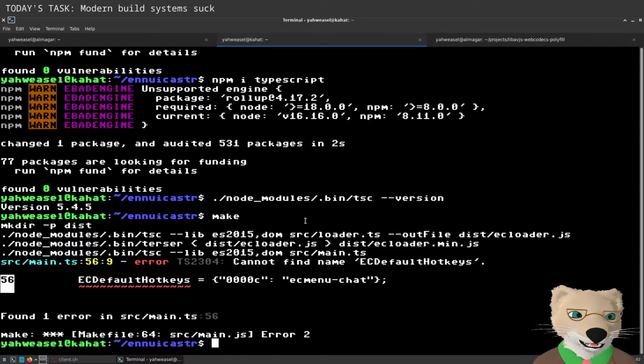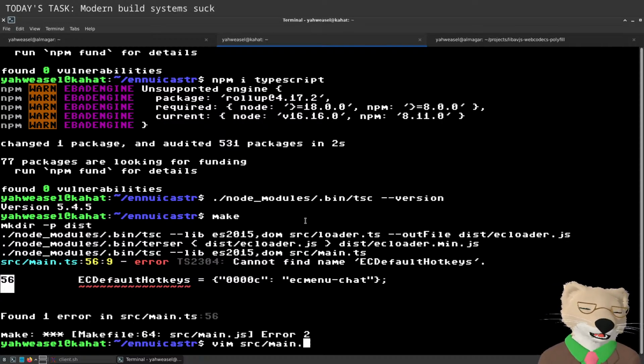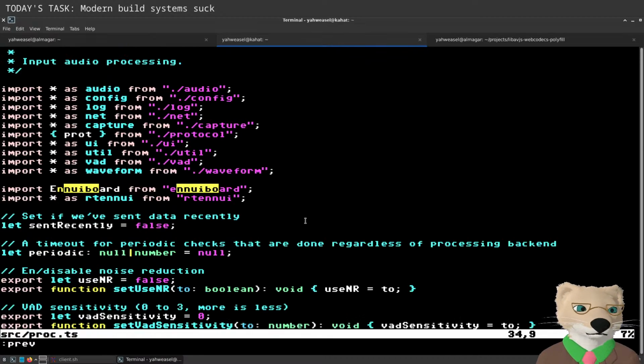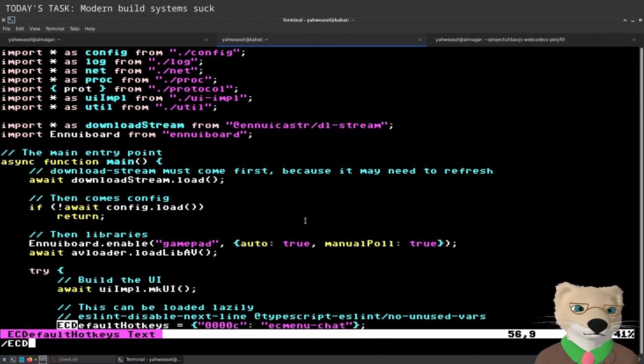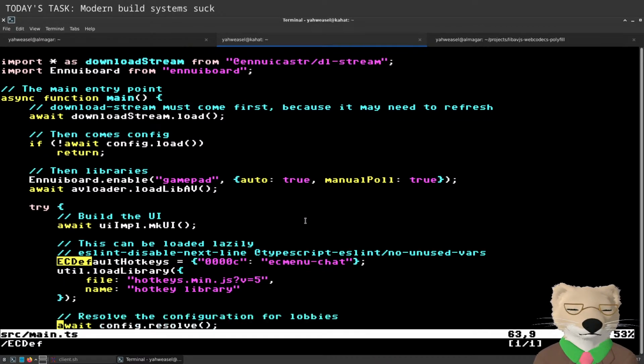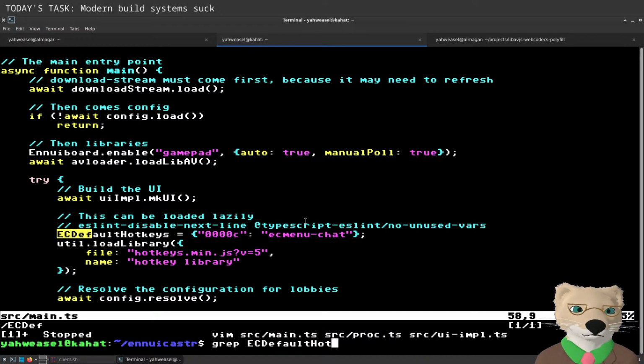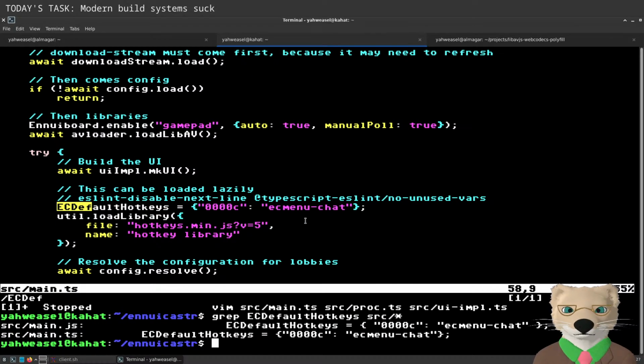Oh, but I'm still... well, maybe it'll complain later. Oopsie poopsie. Oh yeah, the hotkeys library is something else entirely.